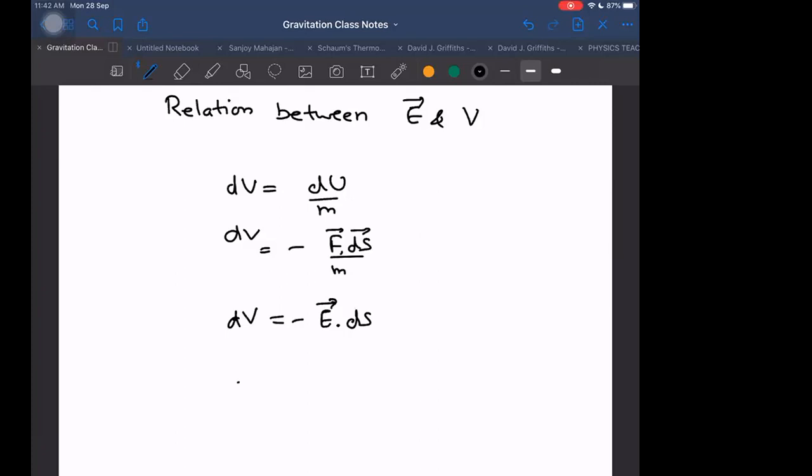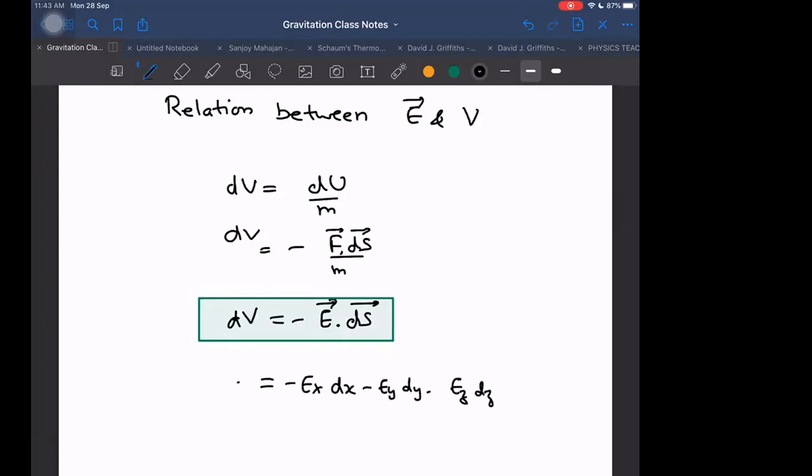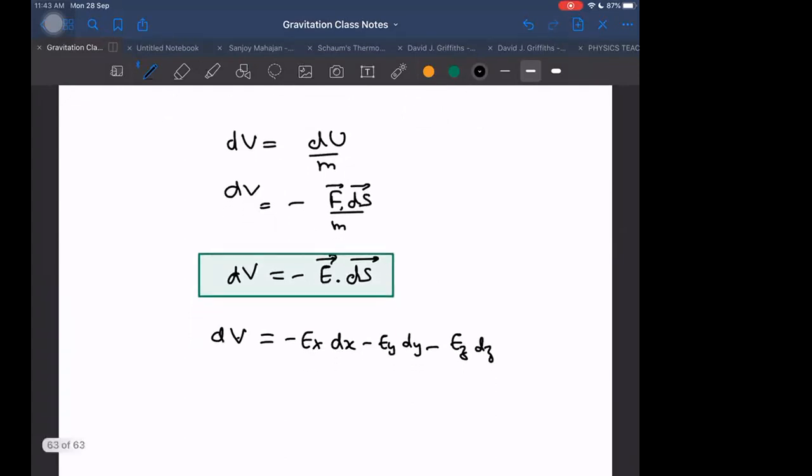So integrating, we will get another. This itself is enough. This relation is also very good for us. We should remember it. But I will modify it and tell it in another way also. I want to write it in many ways: Ex dx, Ey dy, Ez dz, component wise. That is equal to dV, component wise we can write.